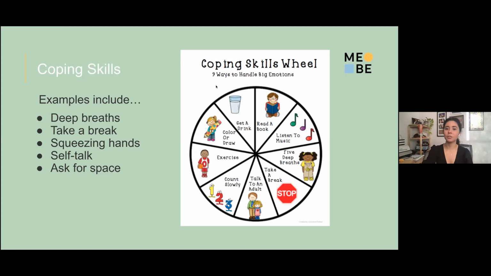I did include a coping skills wheel here. I've used this with a couple of kiddos. It can help them look at all of the options and see what they want to pick. I have put a spinner on it before. If your child tends to have a little bit of trouble actually choosing one, they're so escalated that they just say, I don't want to, you can take the choice and make it a spinner. Can be a double-edged sword. Sometimes it'll land on maybe their least favorite, like exercise, and then it doesn't go so well. So it can be a good idea to have one or two in your back pocket.